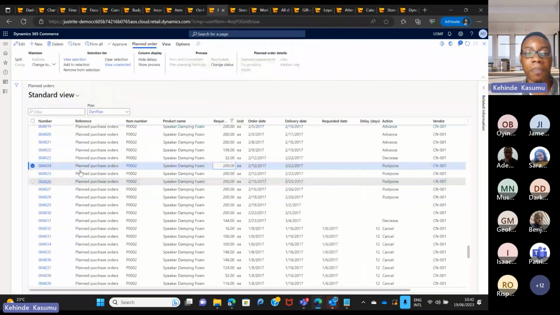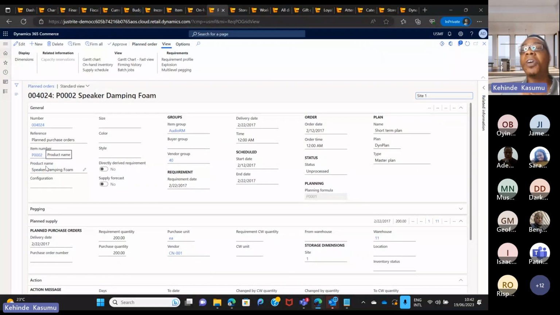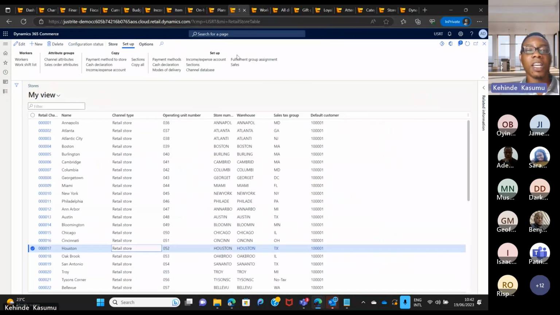As you can see, you have planned purchase orders that are created here automatically from the system. So you don't have to worry about monitoring that manually, whether your inventory is running low or not. It simply gives you this and prompts you as well. You can configure email alerts and notifications here, so that you can see that, okay, a planned purchase order has been created and you need to approve that manually. All right. So you can review that and send the PO to the supplier to deliver to you.